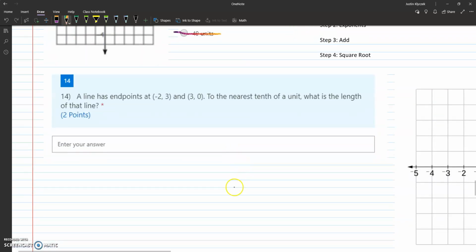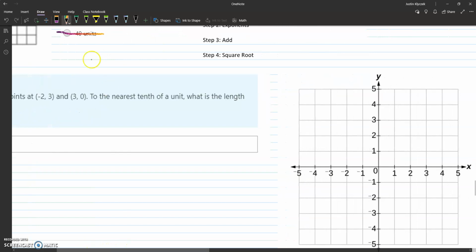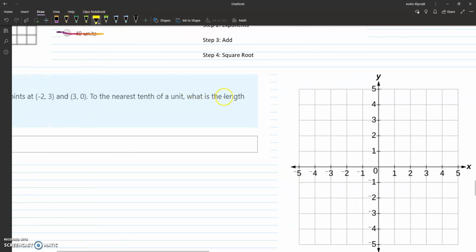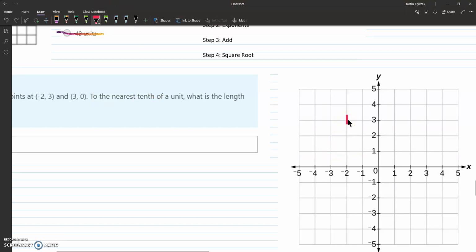Number 14, same thing, except there's no drawing. They didn't give us a graph. Let's graph that. -2, 3. Let me just grab my big old highlighter here. -2, 3 goes right about there. And 3, 0 goes right about there. So if we connect those together,